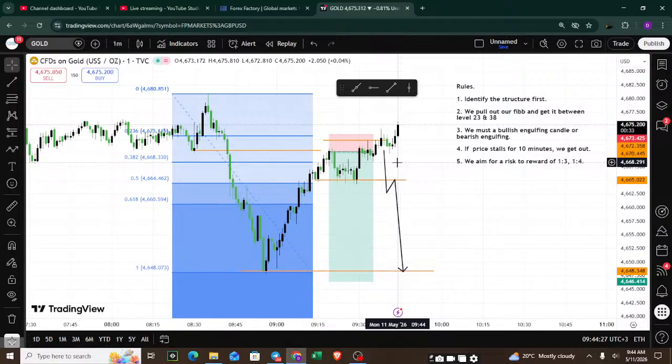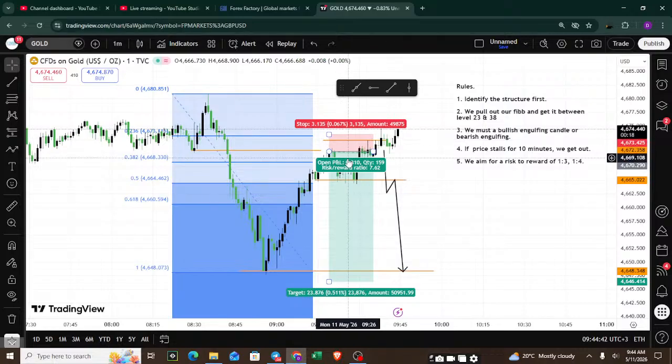For example, right now, if I would have waited for my full stop loss to be hit, I would have lost 3 times what I have lost right now by just getting out using that signal which price has given me. As I told you, my signal is if price begins stalling for at least 10 minutes. Sometimes I'm very ruthless. I give it only 5 minutes. So if it is not giving me profits in 5 minutes, then I already know that this trade idea has a problem and it is wrong. So that is going to save me money.